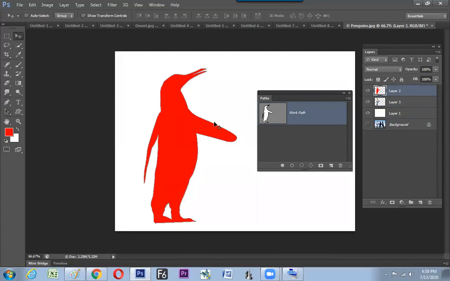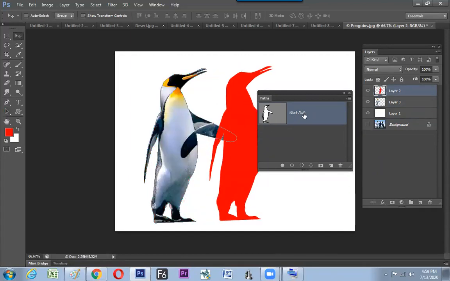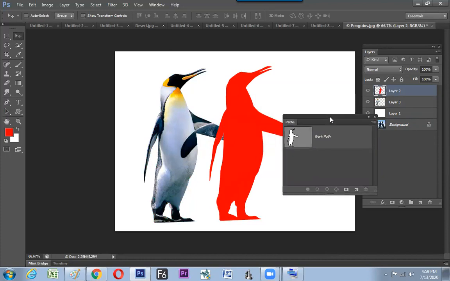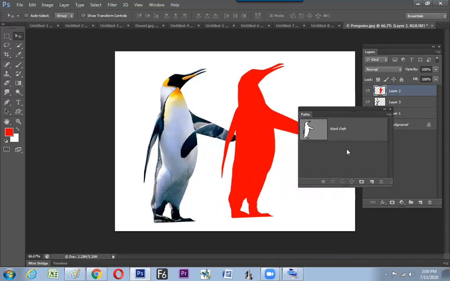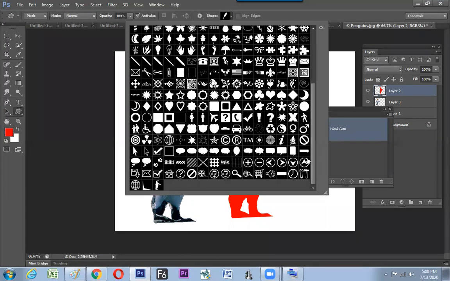Sir, while doing this, can you add another work path and show it simultaneously, sir? Add one more penguin in the work path, sir. Yes, you can. We have saved the shapes, so it is there in your custom shapes. Sir, what I'm saying is you can add one more work path so that your selection won't be disturbed.